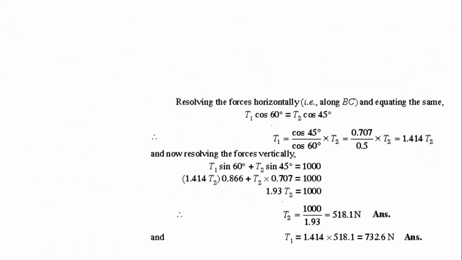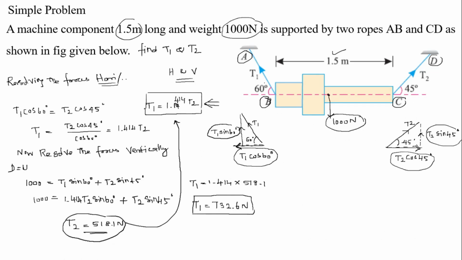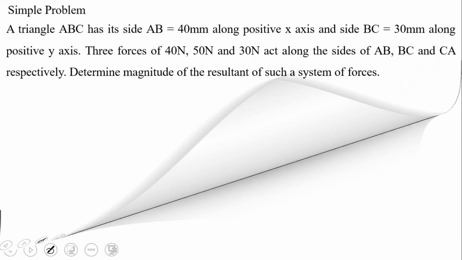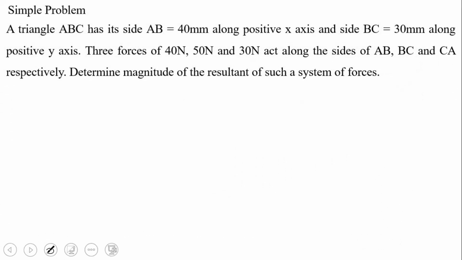So T1 is equal to 732 Newton and T2 is equal to 518 Newton, right? See, 732 and 518, okay. So now next problem, a triangle ABC has its side AB 40 centimeter long along positive